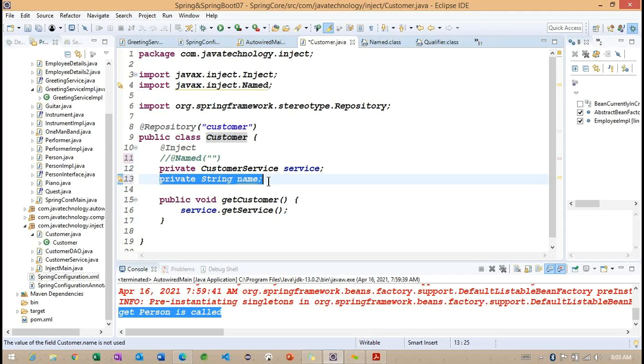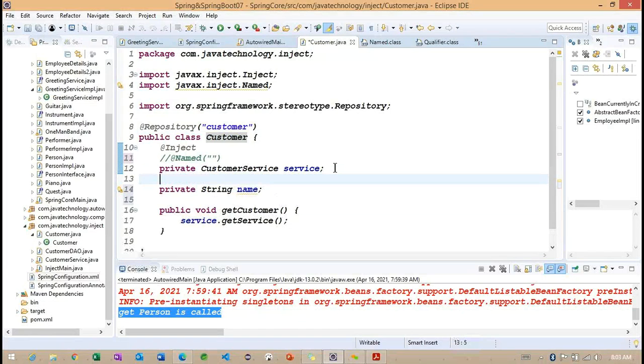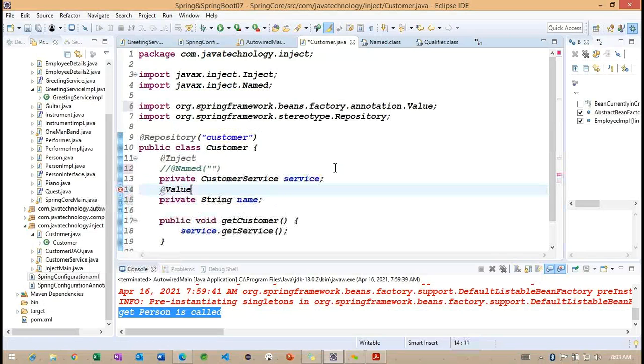But when we are simply having one value in the point, one value annotation here.